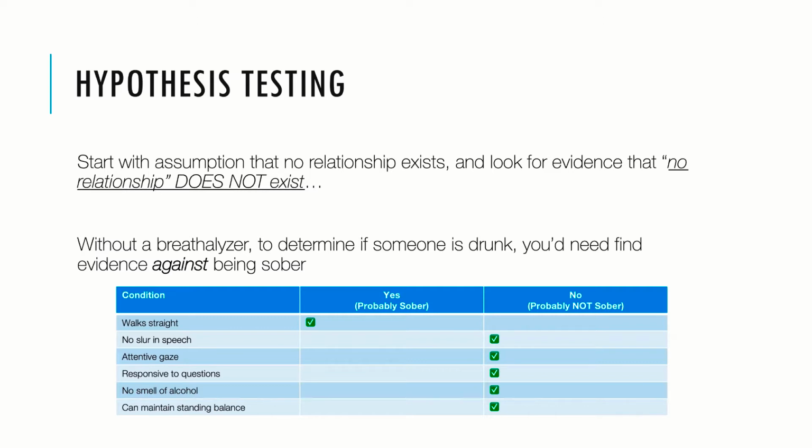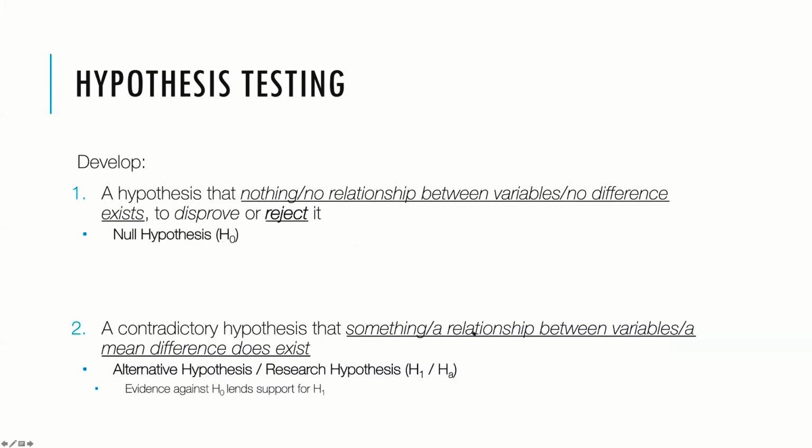So you're getting further and further away from this assumption that they're sober, right? So you can think of it that way, as sort of on a scale, right? Like, you're getting further and further away from some ideal point. So with that in mind, we first develop a hypothesis or an idea, an assumption that nothing exists, that no